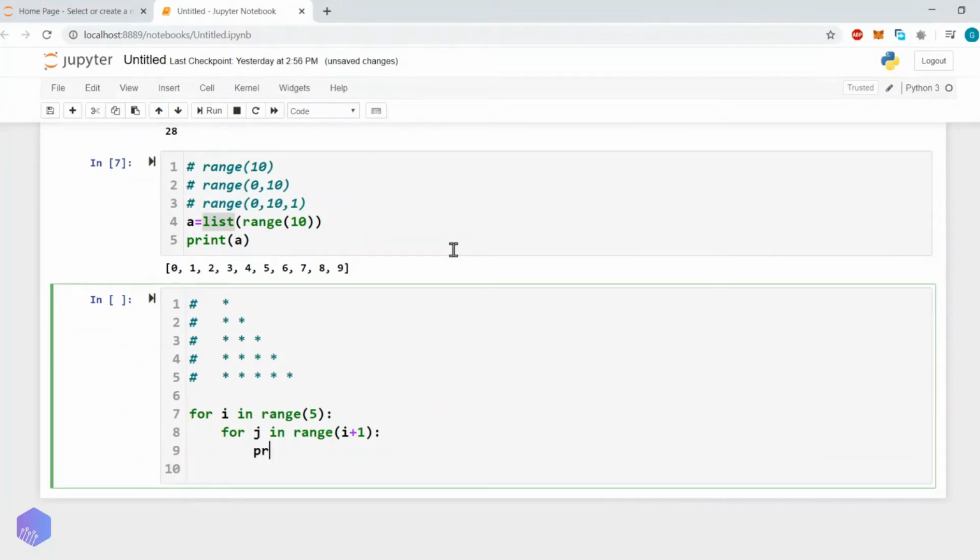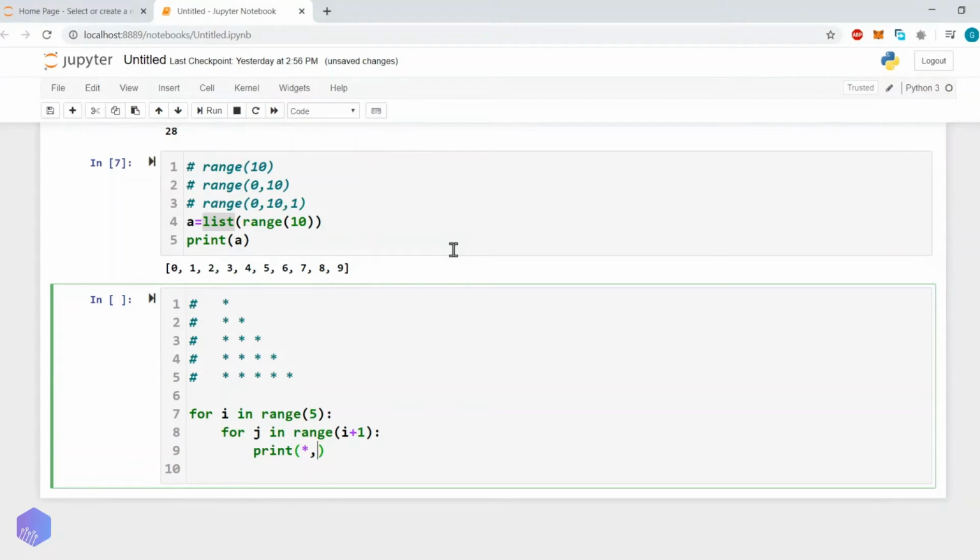And then we will print star. Now here we will use another feature. If you are using the print function and you are not specifying anything, by default the end of the print function will be the new line.